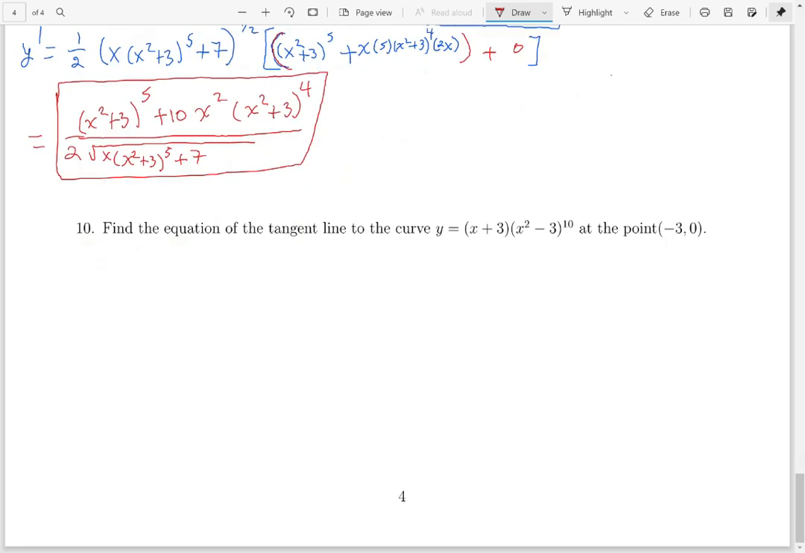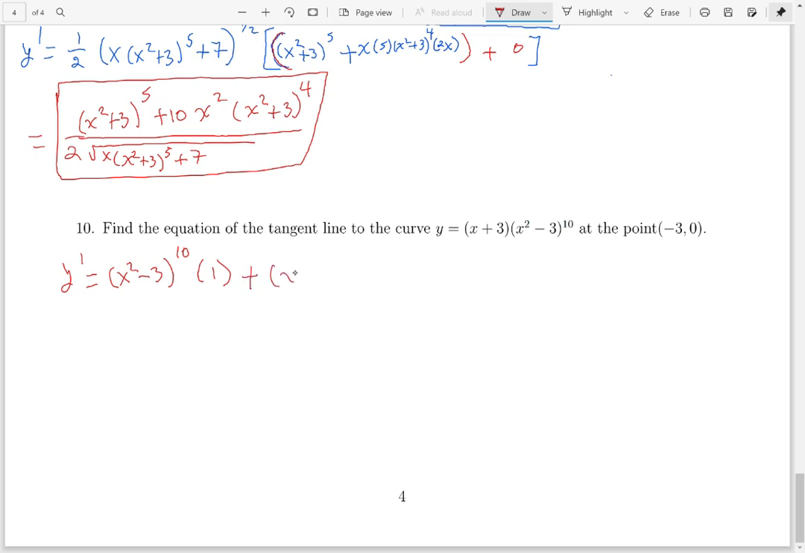Alright, so now we want to find the equation of the tangent line to the curve y equals x plus 3 times x squared minus 3 to the 10th at the point negative 3, 0. They were so nice they gave us the x and the y value. So, first things first, let's find y prime. That's a product rule, so that's x squared minus 3 raised to the 10th times the derivative of the first function. That's just going to be 1, right? The derivative of x is 1, the derivative of 3 is 0, 1 plus 0 is 1,